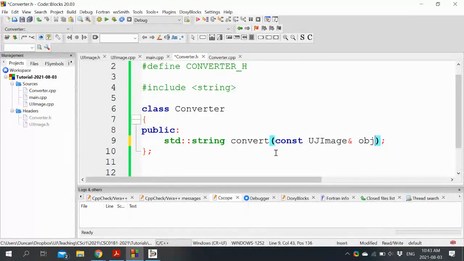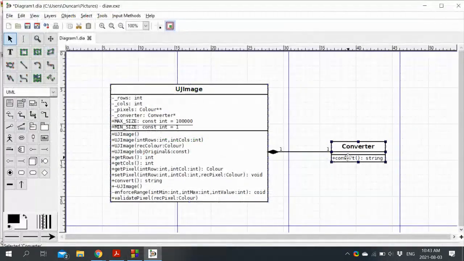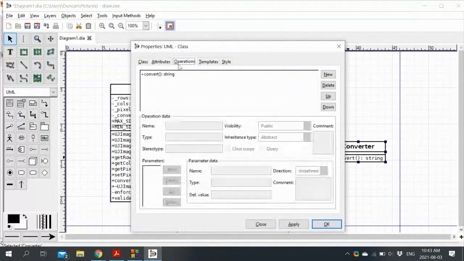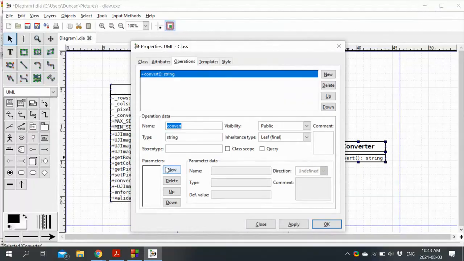So let's just do that. This thing needs to know about the UJ image. Otherwise, what's it going to convert? So let's add that as a parameter.